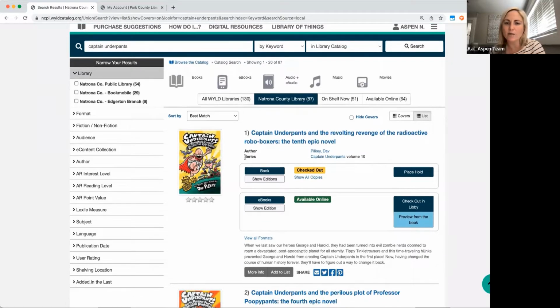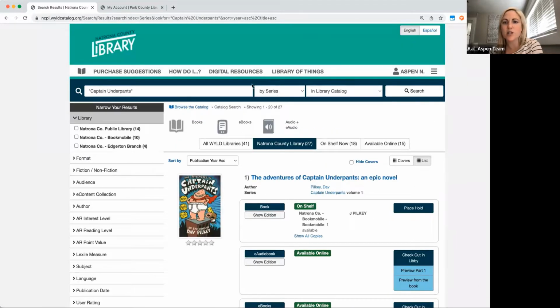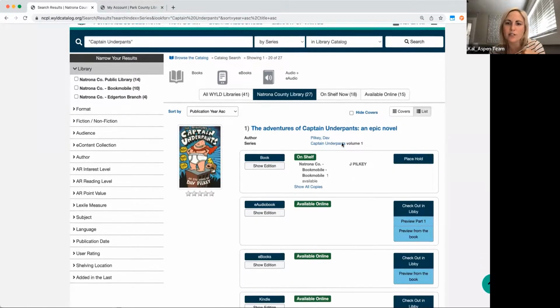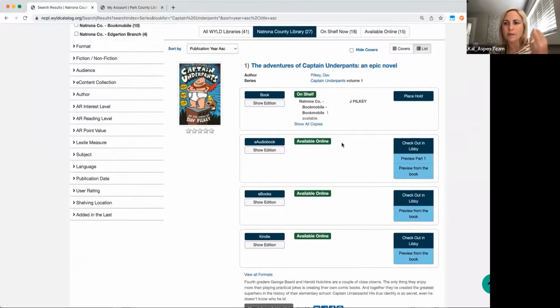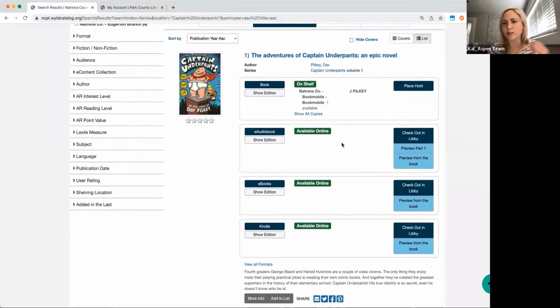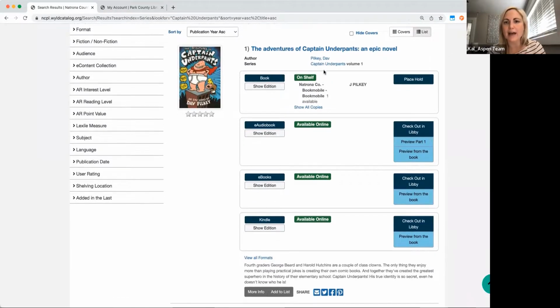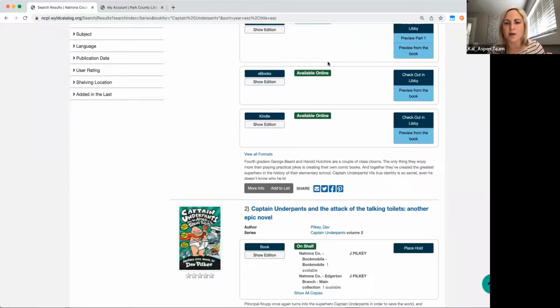But I just wanted to point out that there is this series information here and that it's hyperlinked. So if I were to click on this hyperlink here for Captain Underpants, it's going to change me to a series search. So now when I scroll through, it's just showing me items that have been tagged somewhere in the MARC records as belonging to the Captain Underpants series.